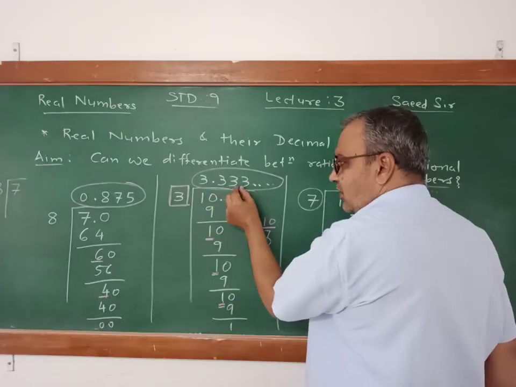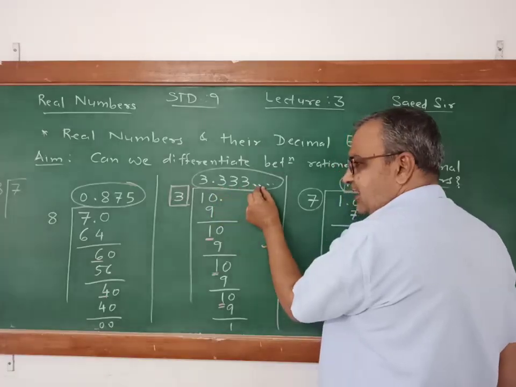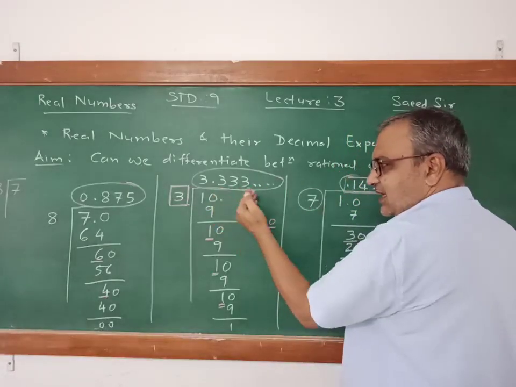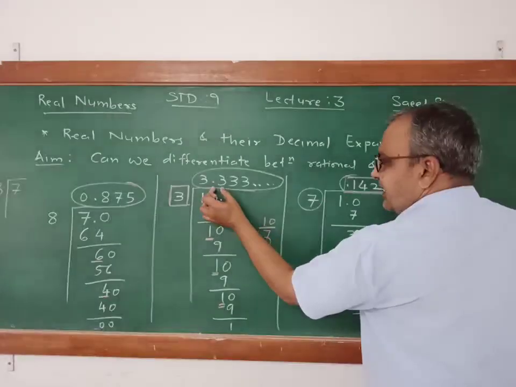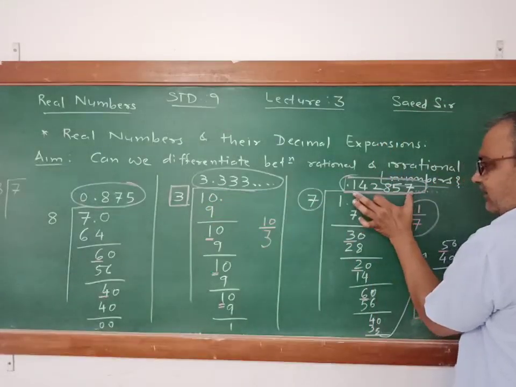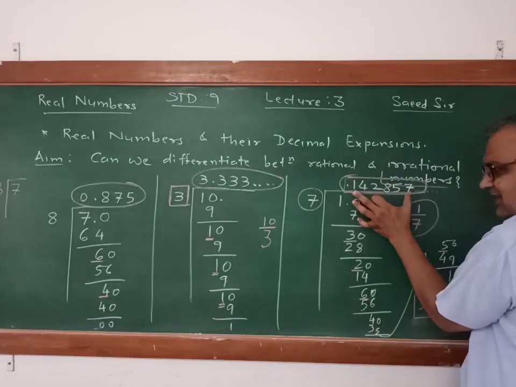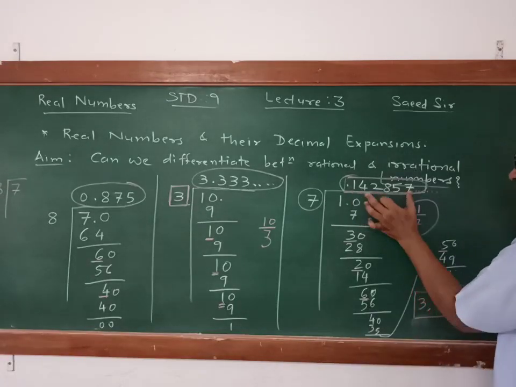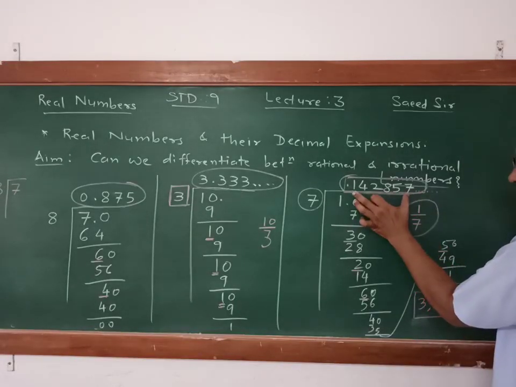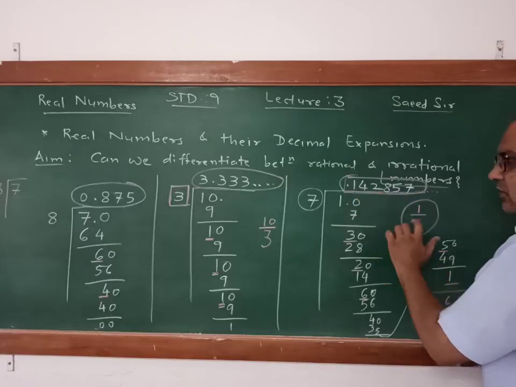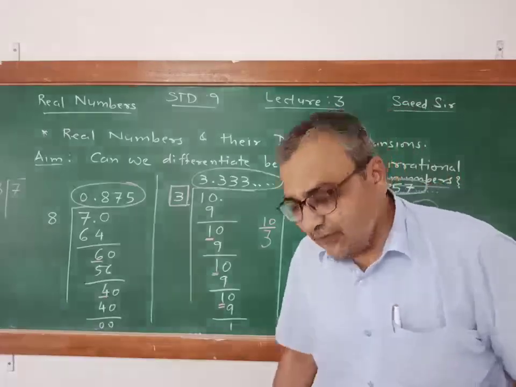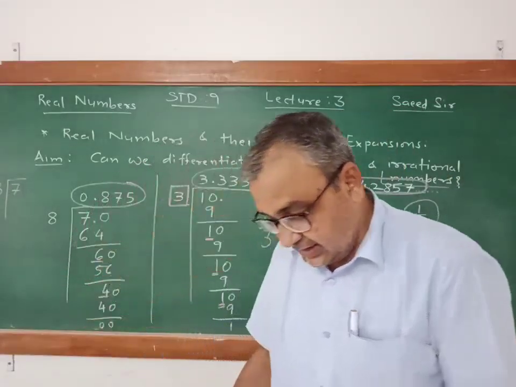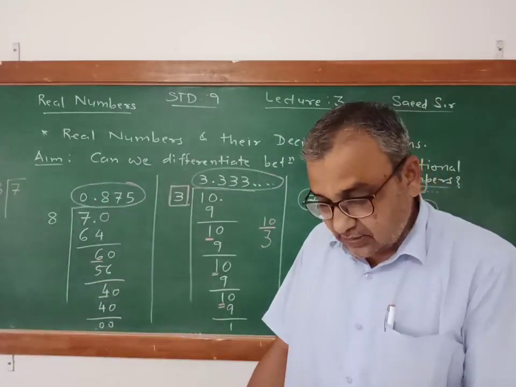A number block, the same number block is repeating endlessly. और यहाँ पे एक डिजिट रिपीट होता है, यहाँ पे ब्लॉक ऑफ डिजिट्स is repeating. So from these 3 examples, what we can conclude is that